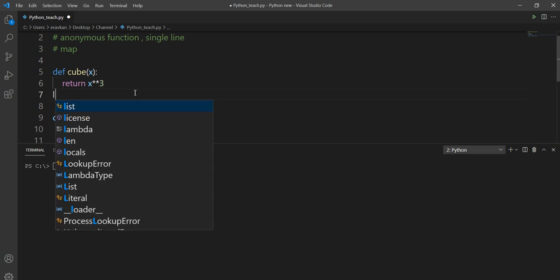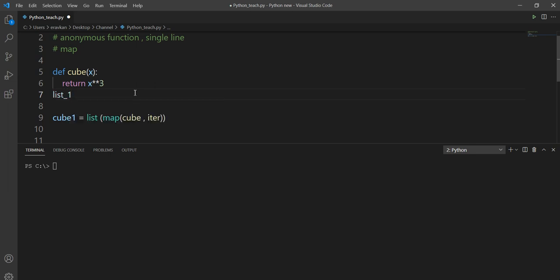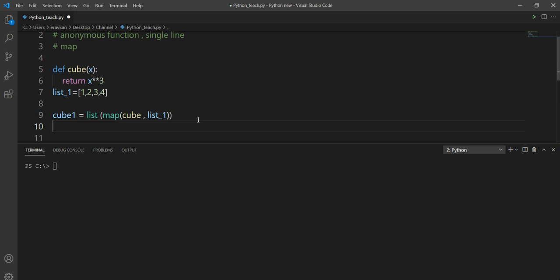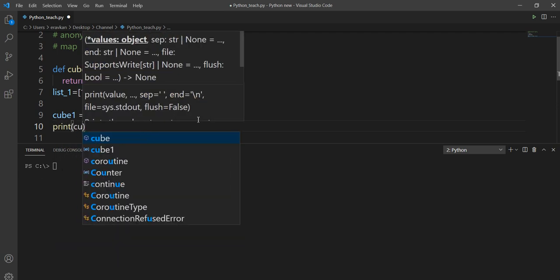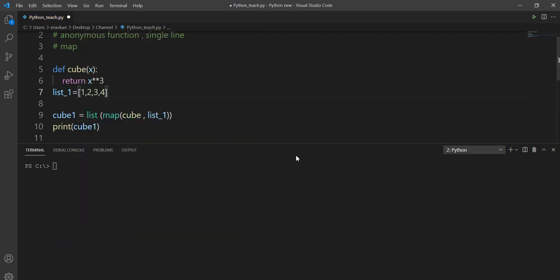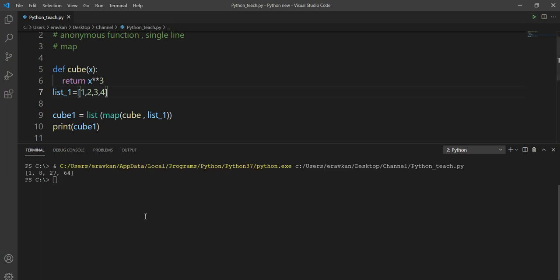So if I have list underscore 1 equal to 1 2 3 4, and I give here list underscore 1, and print my list cube 1, see what will happen. Here you get the cube of each number in the list. So what does map do? It takes a function and applies this function to all of your iterables one by one.